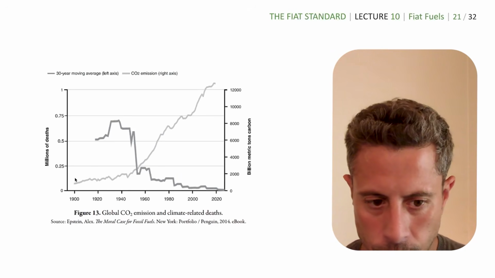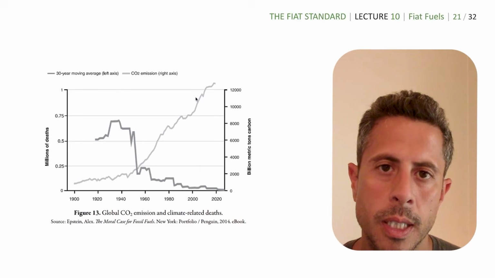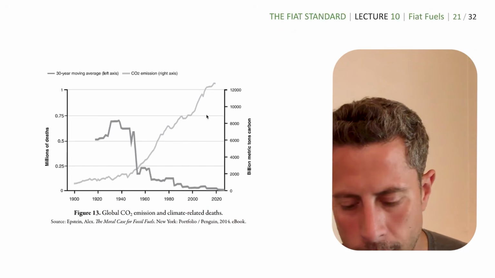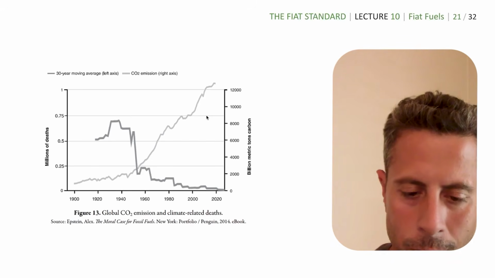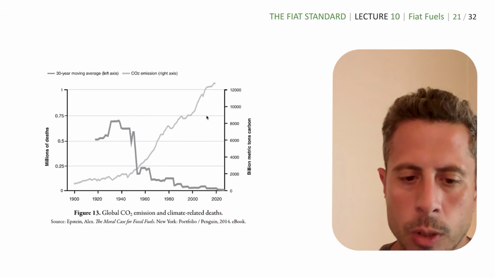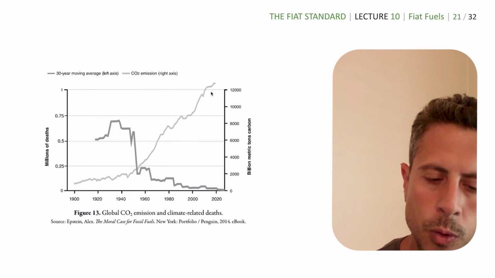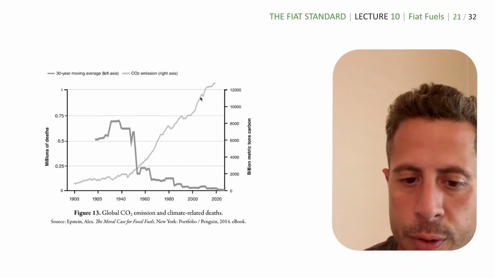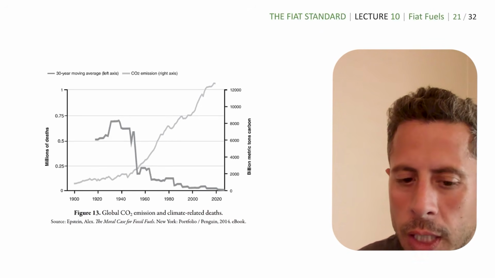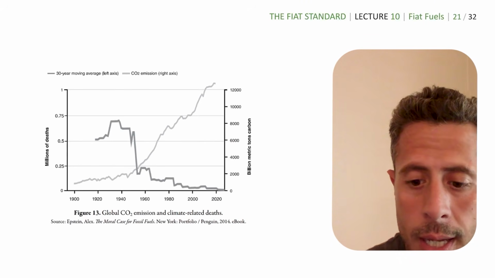We see CO2 is going up because we're using a lot of modern energy sources. We're using diesel, we're using gasoline, we're using gas and oil, gas and coal, and we're using these hydrocarbon energies which are constantly emitting CO2, and they're allowing us to build better infrastructure. They're allowing us to build safer homes. They're allowing us to build better flood control. They're allowing us to protect ourselves from all kinds of problems that climates could cause, and that's allowing us to